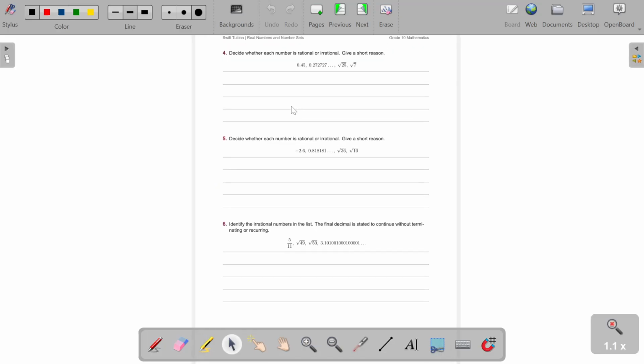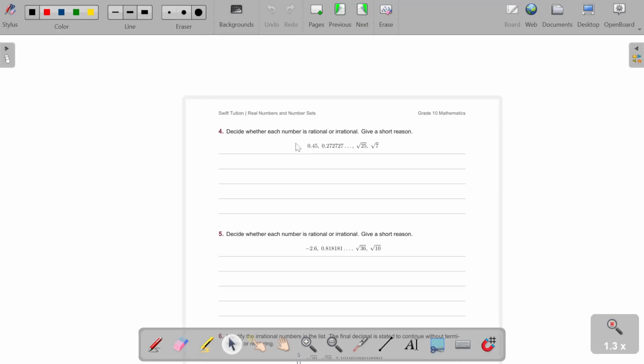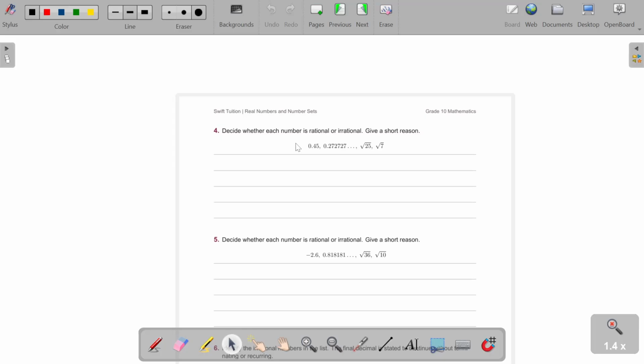Now, the next problem asks us to decide whether each number is rational or irrational, and we want to give a reason for something like this. So these do not look as easy anymore. In one of the videos where we speak about recurring numbers, I will be a bit more specific on how we go about looking at stuff like this. But we need to try to understand what it means for a number to be rational, right? And sometimes rational may not be given to us directly in our face, but we should still be able to